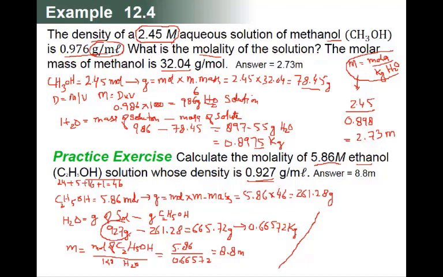Read, something here which I directly went in the question to calculate this 927 gram of solution, that is by the same formula, density is equal to mass upon volume. We want to calculate the mass, so mass will be equal to density multiplied by volume. So density is 0.927, volume is 1000 milliliter, so answer will be 927 gram of total solution. So this was here which I did directly.